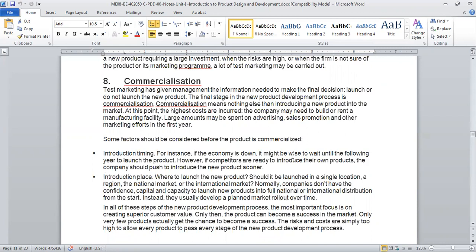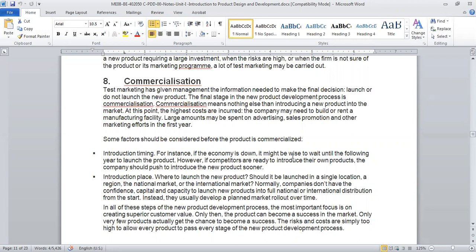So as I said a few lectures back, when the iPhone is launched, they are not waiting for people. After the launch they will take the orders and give the delivery. They have mass production already done, so that on the very first day so many people will get that particular iPhone. So commercialization is a very important task in the design process.